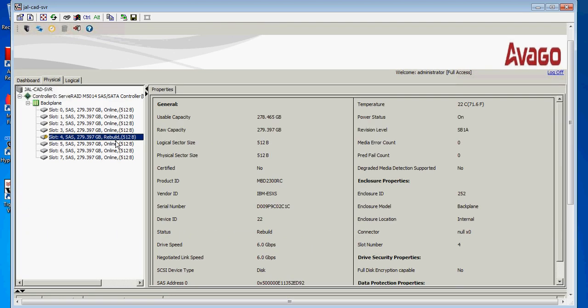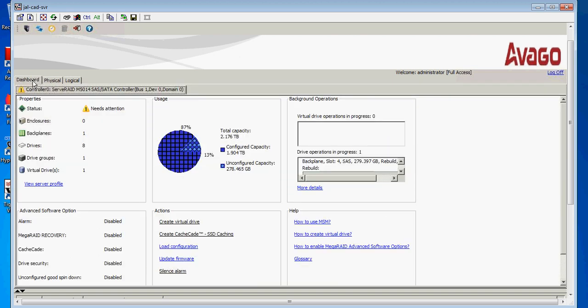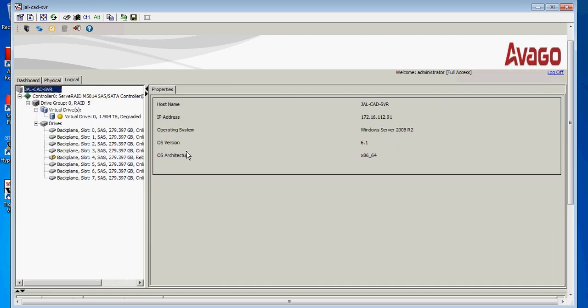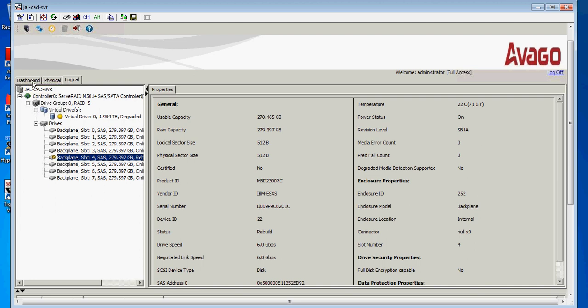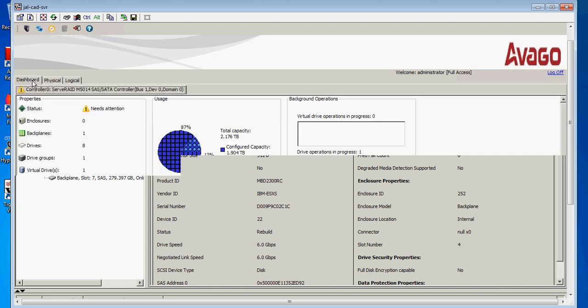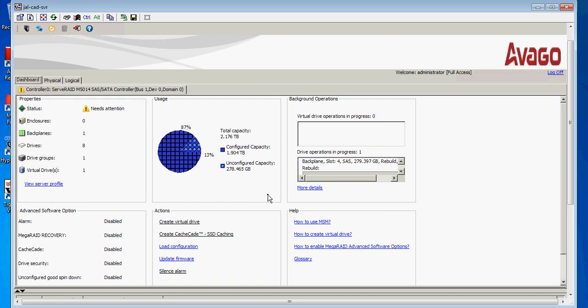Now it shows and it is rebuilding. I put the new hard disk here, this one. Now that will be rebuilding here. Slot 4 backplane, slot 4 SAS 279, rebuild.